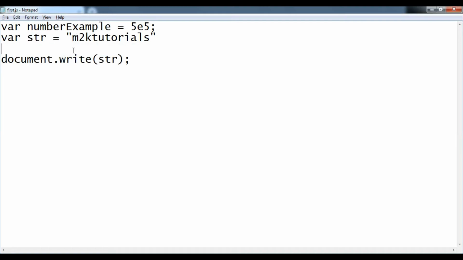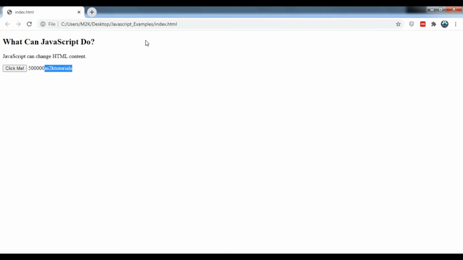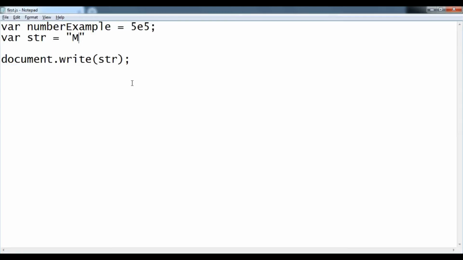In JavaScript you can write a name or even a single character. So let me write down the M, and refresh it, and you are able to see it. So single or multiple characters you can enter in a string type of variable. This is a string type.